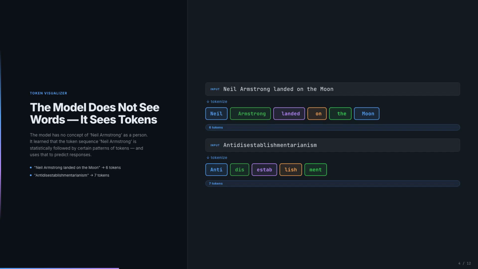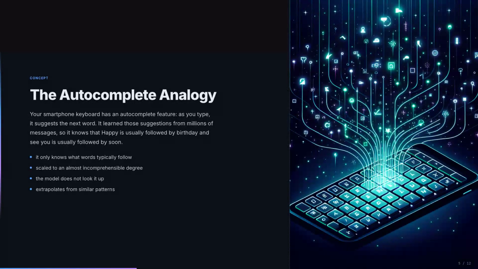This is the single most important insight for understanding hallucinations. The model operates on patterns of tokens, not on a stored map of reality. It does not have a database of facts. It has a statistical memory of which tokens tend to follow which other tokens. Common tokens in well documented contexts are predicted reliably and accurately, but rare tokens, obscure names, specific numbers, and recent events that appeared only rarely in training data are predicted by extrapolation from similar patterns, and that extrapolation is exactly where hallucination begins.